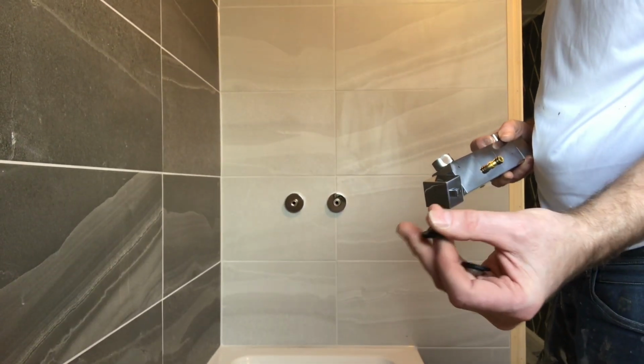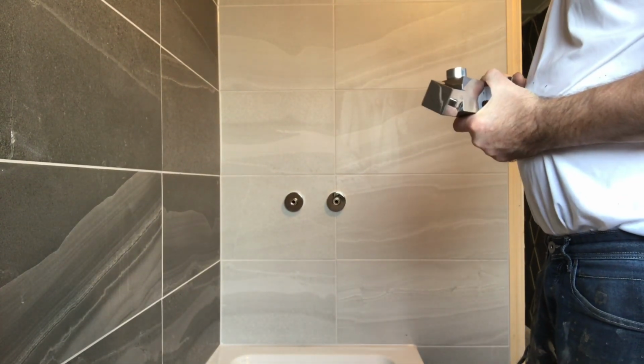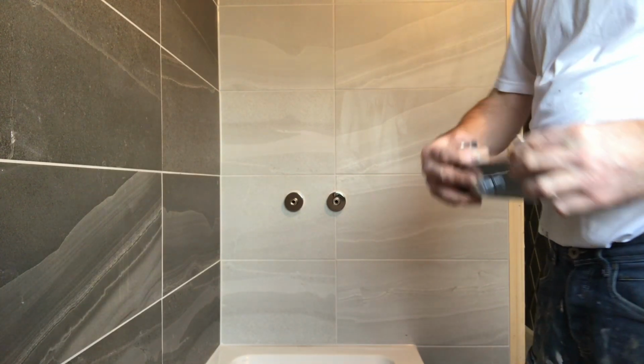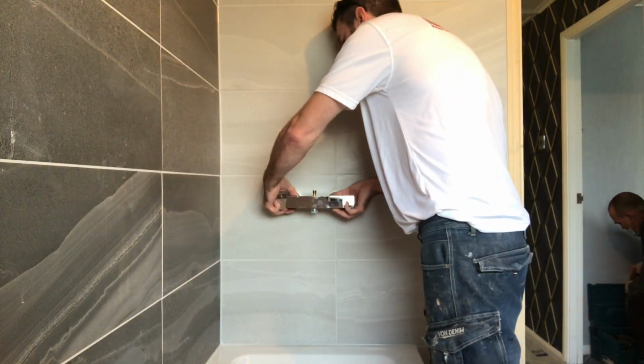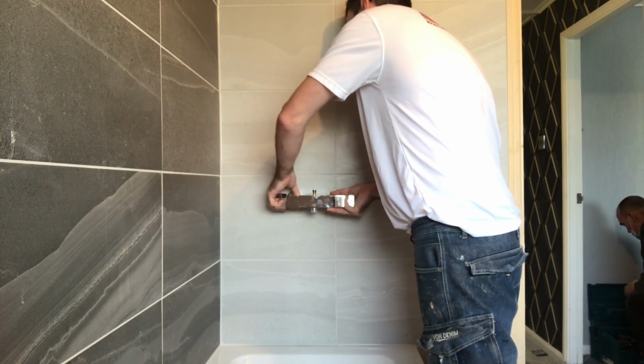Then your washers, see how he's got that donut on it? Fibre washer, hot's always on the left hand side. That's why you cut your pipe slightly into this fitting, otherwise you squash your washer. Then if you've got your centres right,